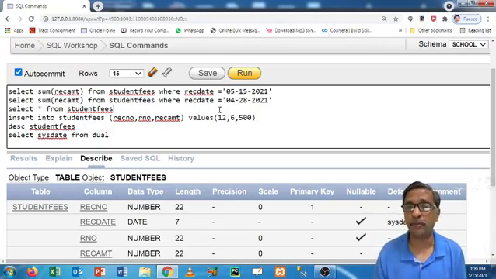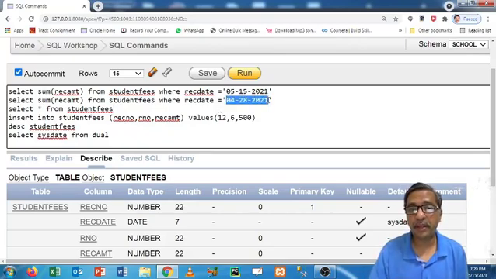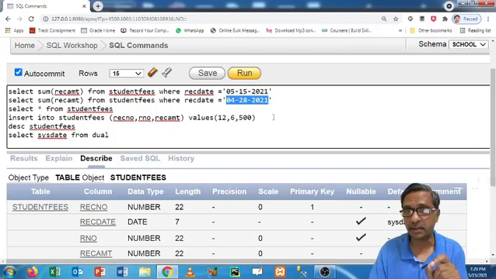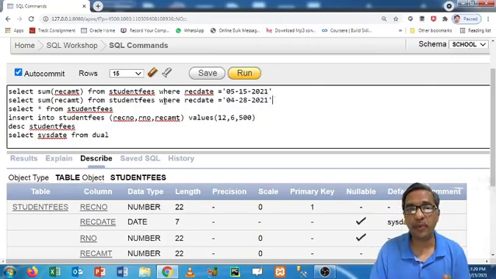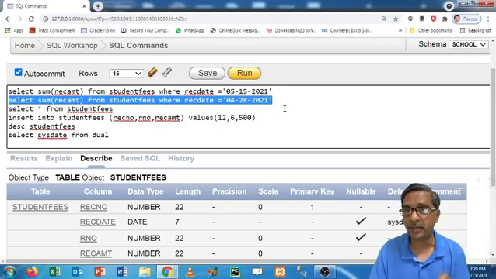So what happens here is, when we insert a specific date, Oracle will consider the timing as 000000, 0 hours, 0 minutes, 0 seconds. And when we compare the date here, we mention only the date, time is not mentioned.